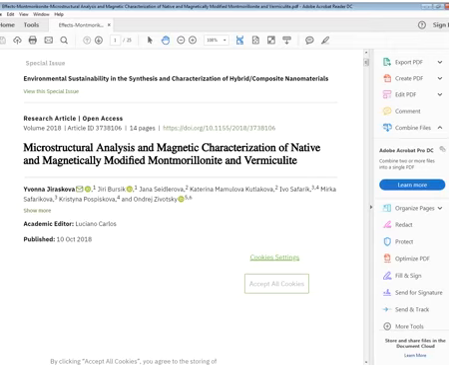Montmorillonite. This is a file, number two file, on microstructural analysis and magnetic characterization of native and magnetically modified Montmorillonite and vermiculite. This is the title of this paper. This is a screen share which I am going to attach with one of my videos that is regarding clay soil microstructural analysis and magnetic characterization of native and magnetically modified